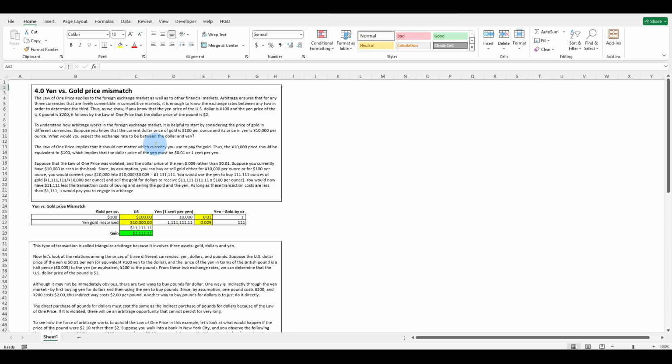You could use the yen to buy 111 ounces of gold. So it's 1.1 million divided by 10,000 yen per ounce,